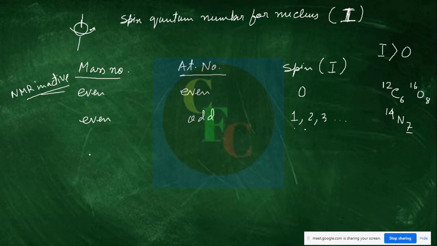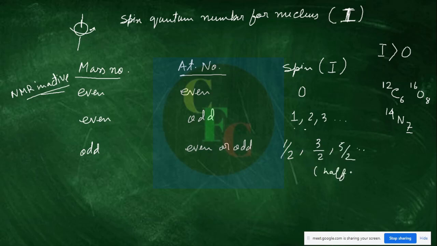Okay. But if you have odd mass number and this atomic number may be even or odd, whatever it is, they can be anything. Right? In these cases, the spin of the nucleus is found to be either half or 3 by 2 or 5 by 2, these things. That is half integrals. Half integrals. Right? Example, see,